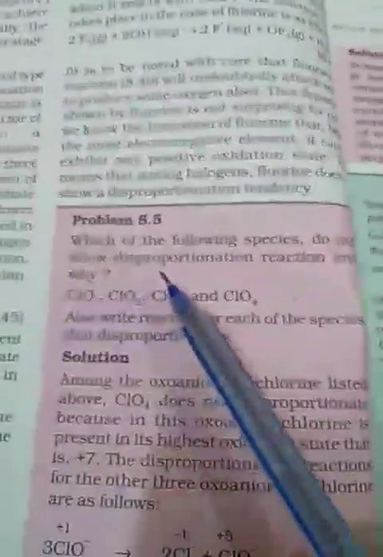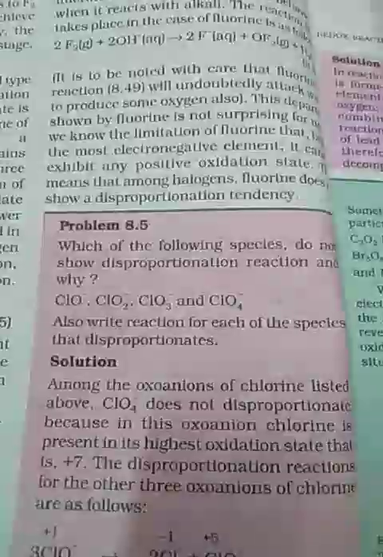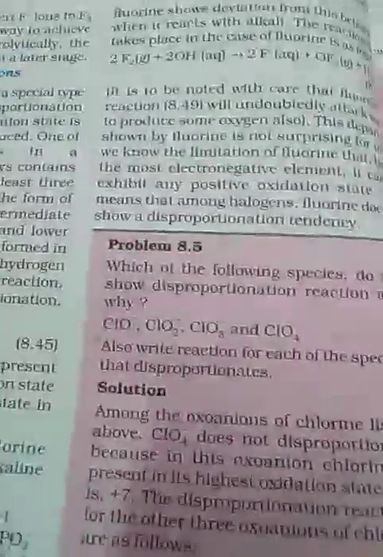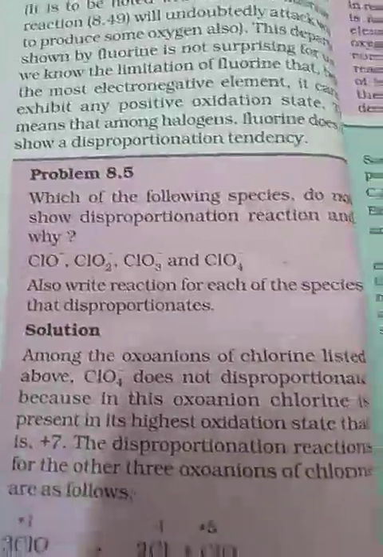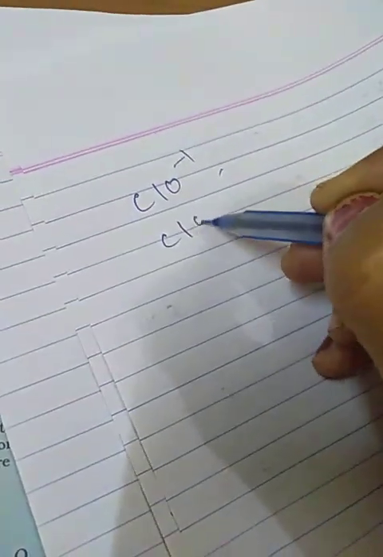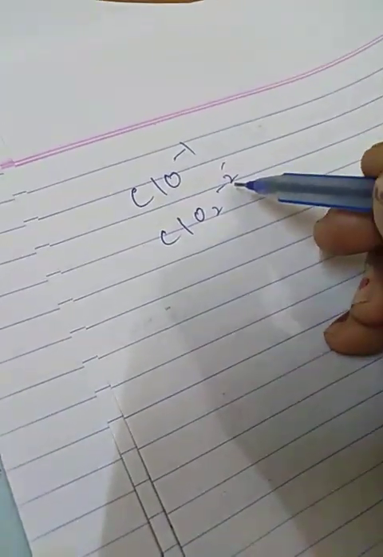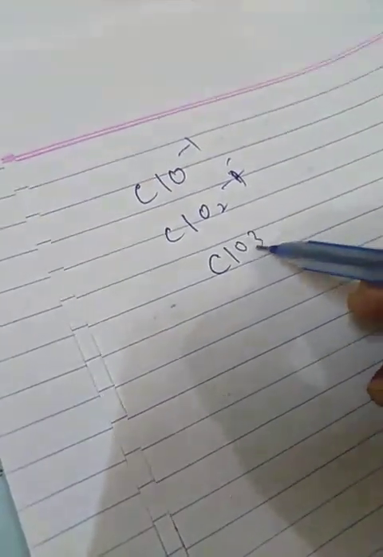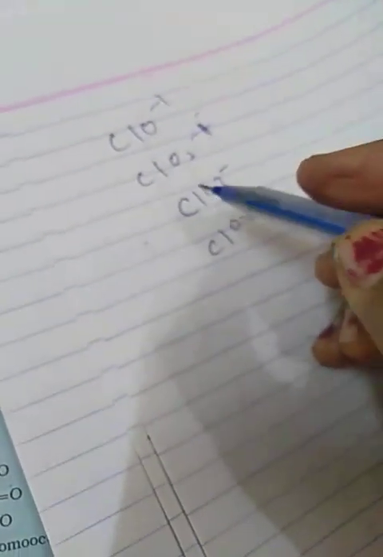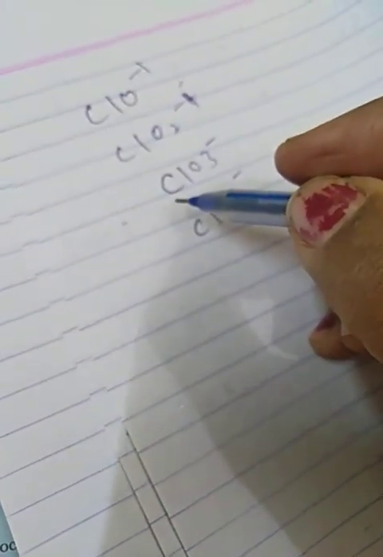Now I am solving your problem 8.5. Which of the following species do not show disproportionation reactions and why? These four species. Also write reactions for each of the species. Among the oxo ions, these are called oxo ions: ClO minus 1, ClO2 minus 1, ClO3 minus 1, ClO4 minus 1. See, you have to see how you can say among the oxo ions of chlorine listed above, ClO4 minus 1, this one